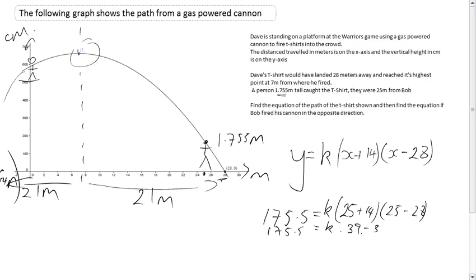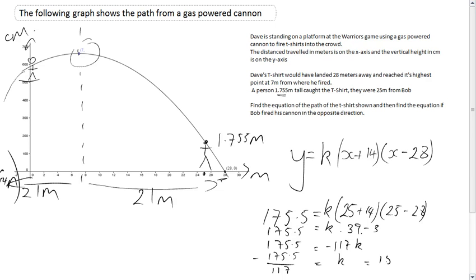Well, 39 times minus 3 is minus 117. So I've got 175.5 equals minus 117k, so k must equal minus 175.5 divided by 117, and that happens to equal